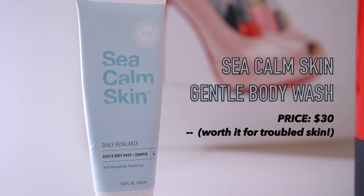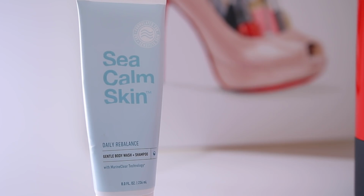I've talked about it before. I think this is great if you have severely dry skin, eczema, or psoriasis. I will leave their website down below. I was using this body wash more consistently in the summertime when I did have more flare-ups, but now my skin is completely smooth, no eczema flare-ups as of now, so I haven't been using this,